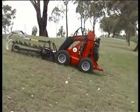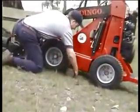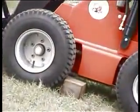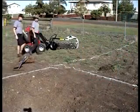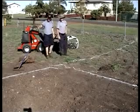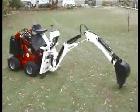When parking the Dingo, park on level ground with the arms lowered. If you need to park on a slope, chock the wheels on the downhill side. Before using any digging attachments, make sure any utility lines are properly identified and marked. It is a good idea to check with your local authorities for additional safety and clothing requirements that may apply